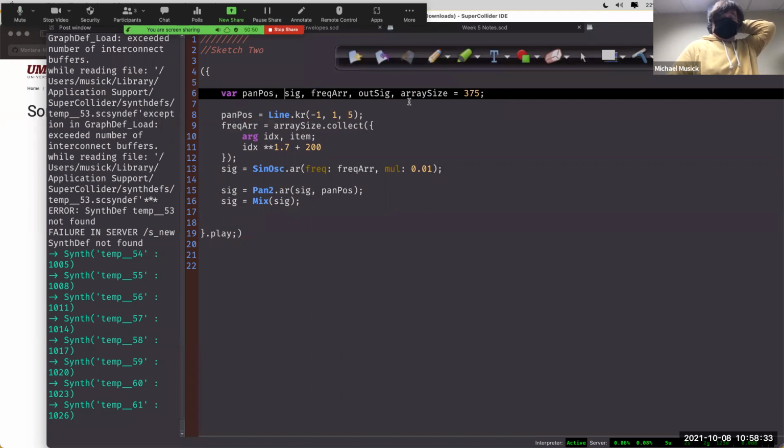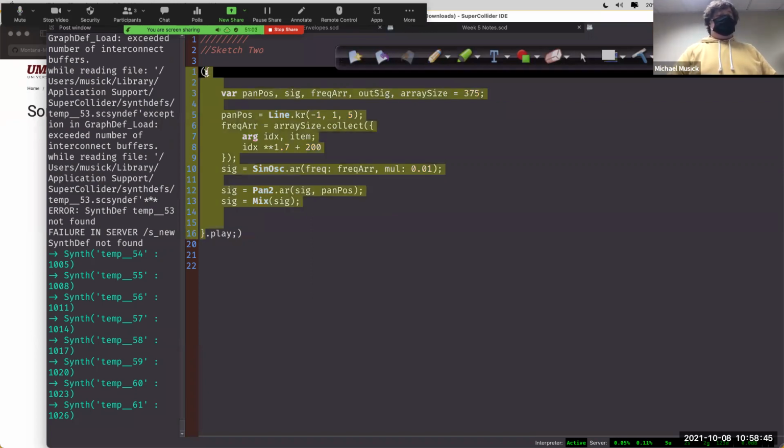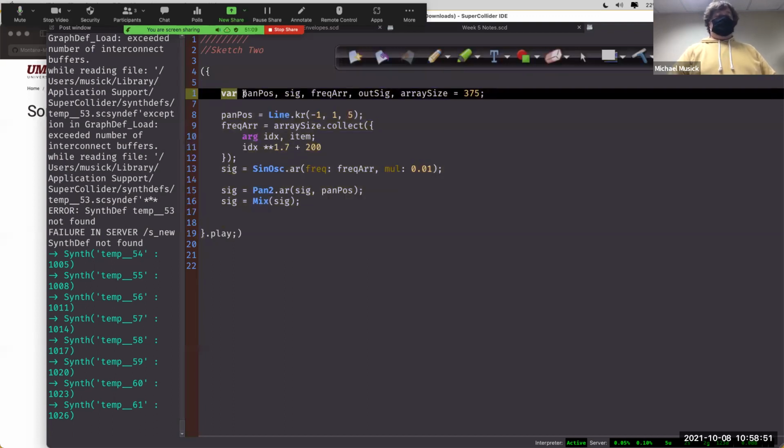Then you're able to use them within the scope of the synth. So within these curly brackets, once we've declared these, we can utilize these variables to store either static